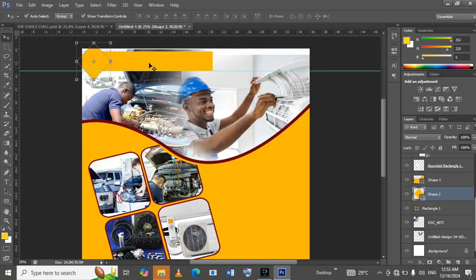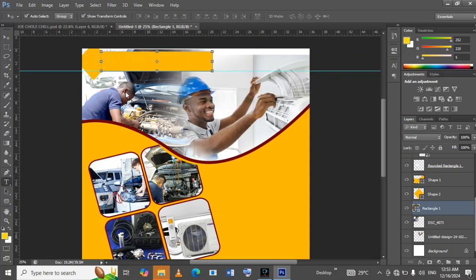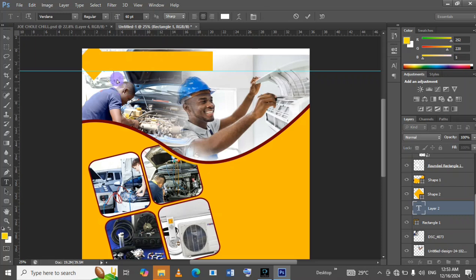Yep. Now I'll use my type tool and click on the shape. Just wait for it to load, then you move on. I'll click on the shape, move it upwards, then I'll type